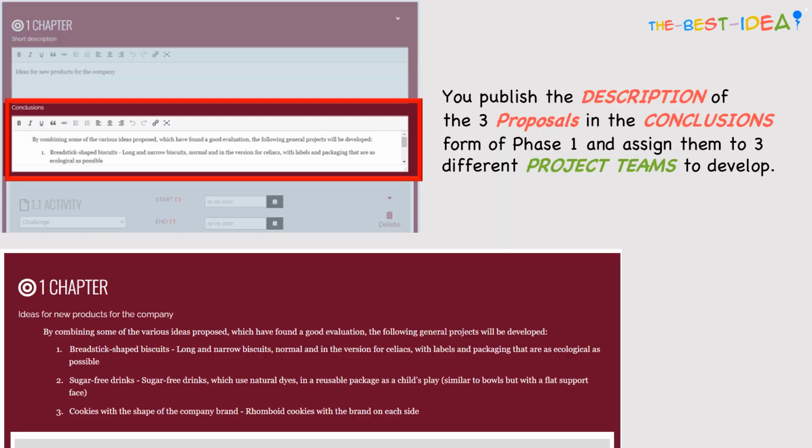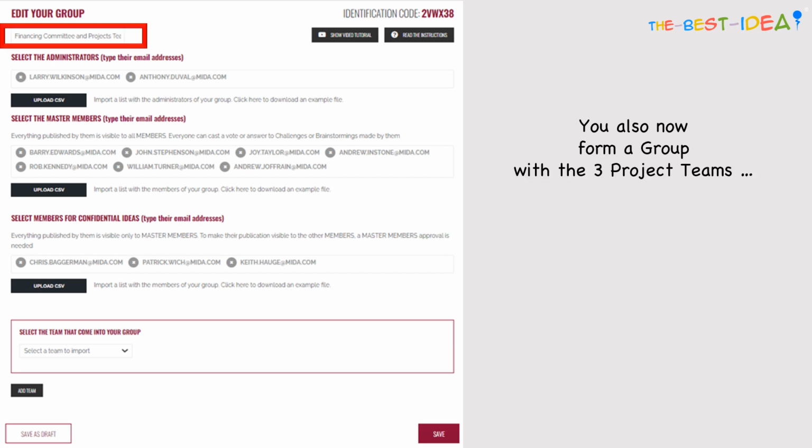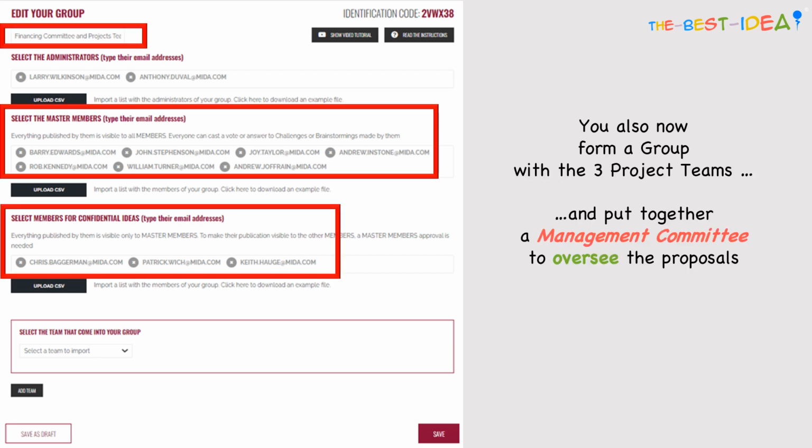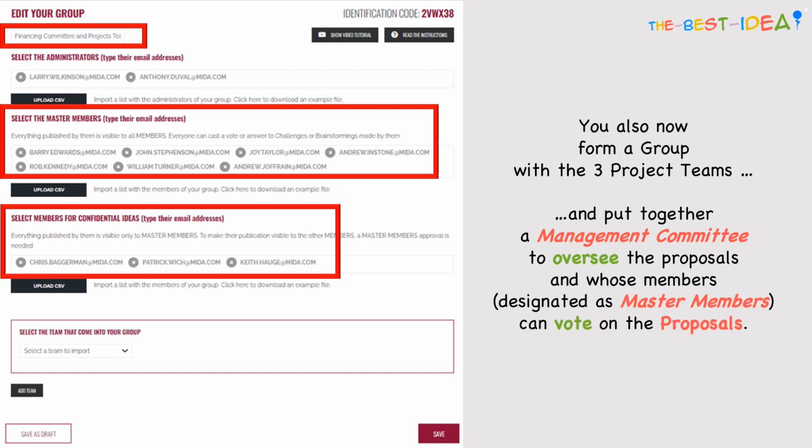You publish the description of the 3 proposals in the conclusions form of Phase 1 and assign them to 3 different project teams to develop. You also now form a group with the 3 project teams and put together a management committee to oversee the proposals,